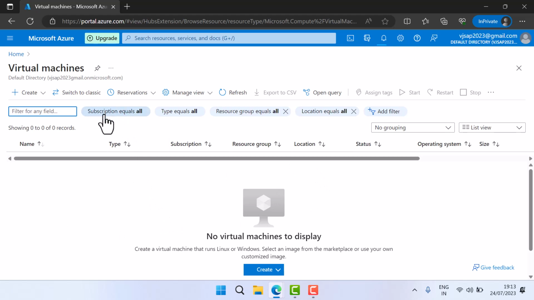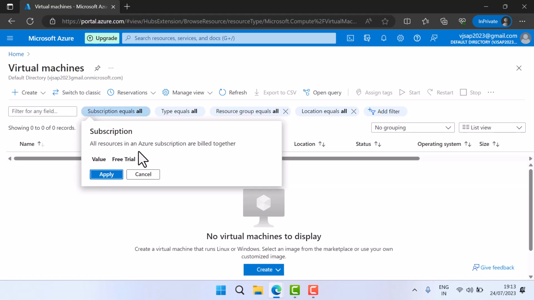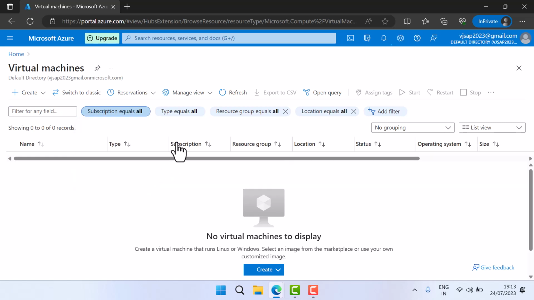Subscription, you see here, what is this? This is a subscription. I have only one free account, so that's the reason. If I have multiple subscriptions, I can get it. But if you get multiple subscriptions, you have to pay the money based on your resource utilization. Now what I can do here,